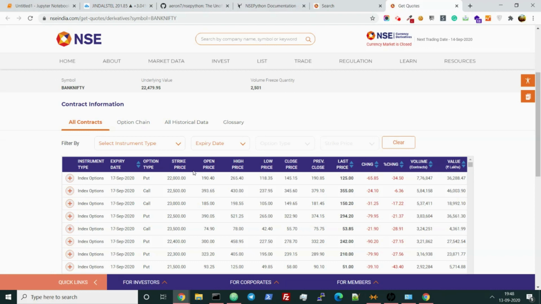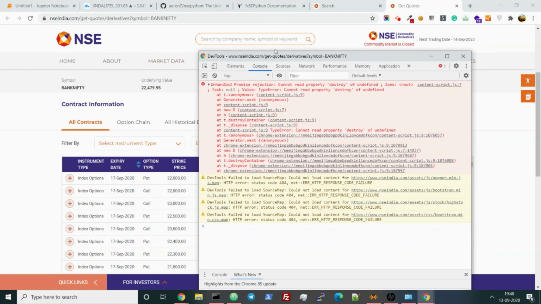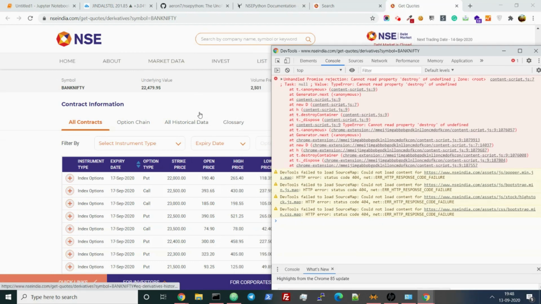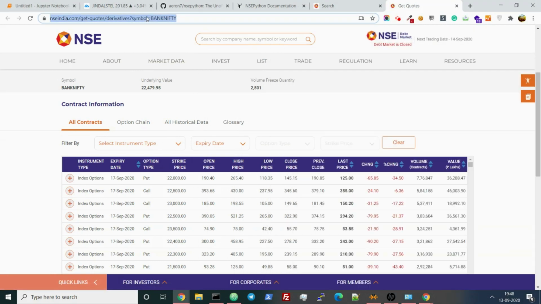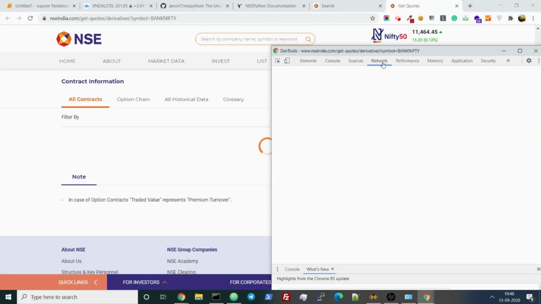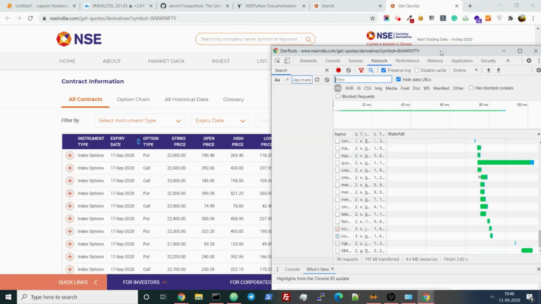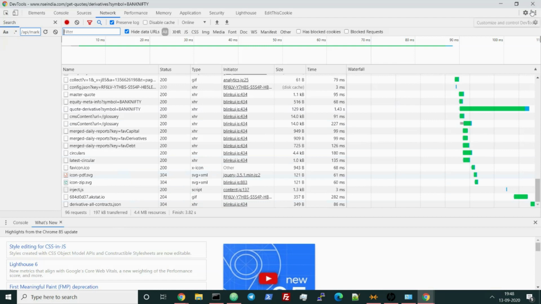Before going further, I shall be pressing Ctrl Shift J. It will open the developer tools, and after it opens, just refresh this page with Ctrl R. See, all the data are coming. So we shall be inspecting what API it is calling right now.